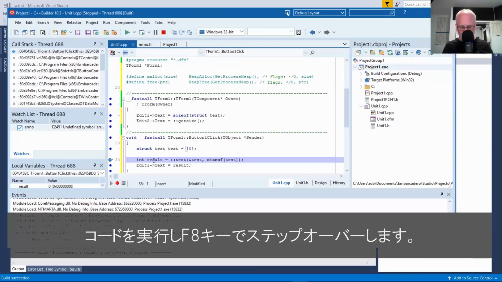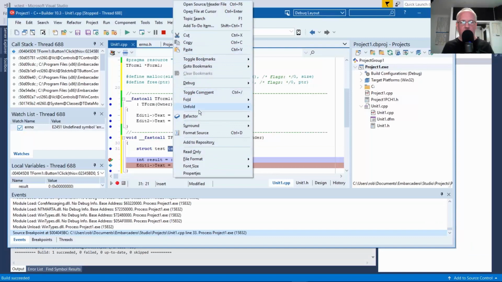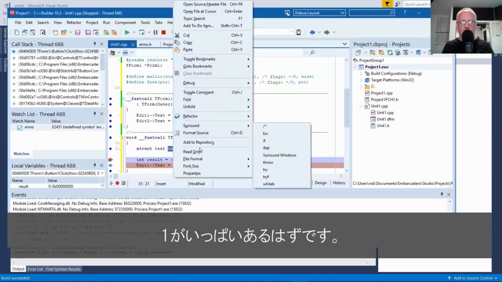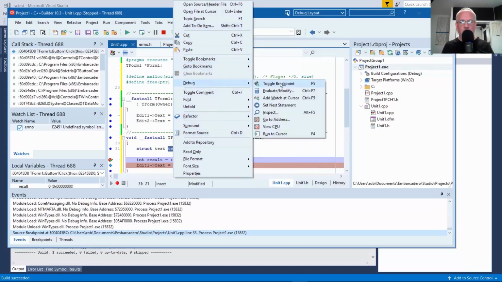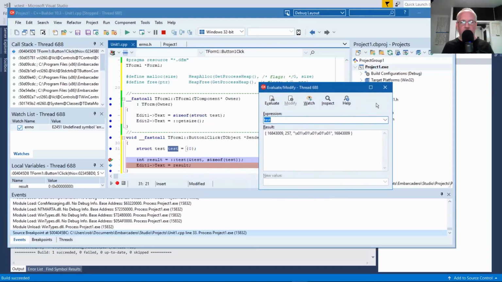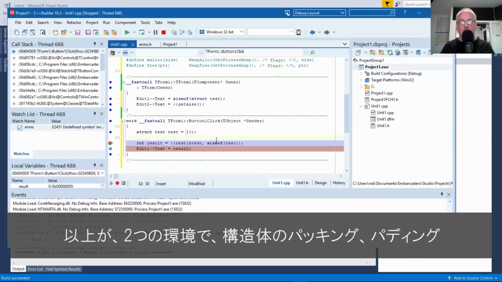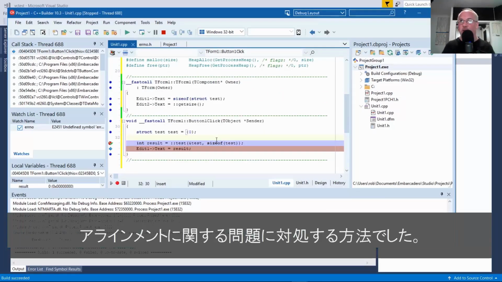We run the code, step over, F8, check the value. 0. 0 is success, if you remember. So now the test contains a bunch of 1s rather than the default, which was 0s. Here we go, a bunch of 1s. So that's how you handle structure packing, padding, alignment issues, and compatibility between the two environments.